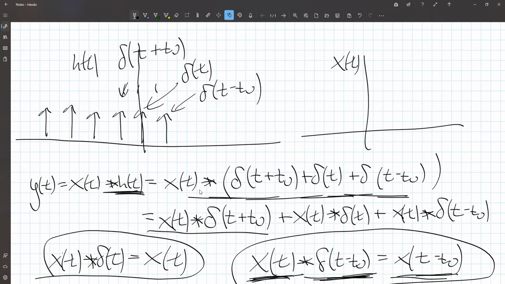And when we have a bunch of delta functions, we can spread this convolution in there and spread that convolution in there. So now I have my signal replicated at minus t naught, I have my signal replicated at the origin, and I have my signal replicated at plus t naught. And because y of t is the sum,